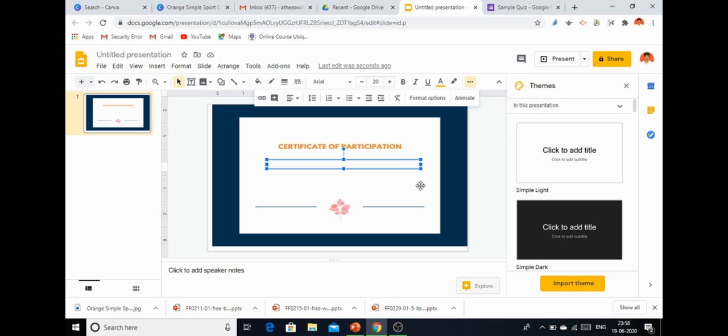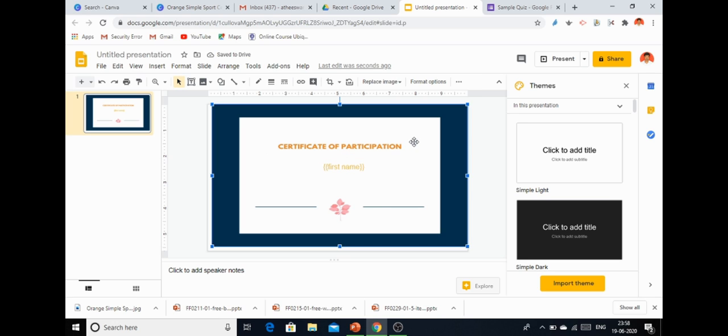For example, if you want to print the name, you can use curly braces. I am using first name. Now the first name is ready.